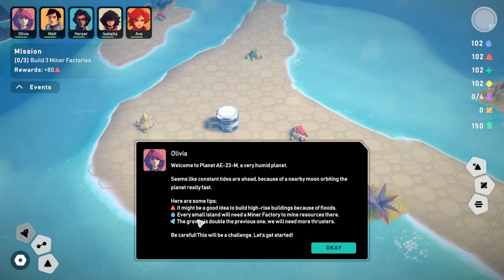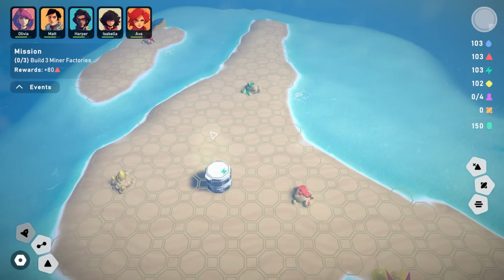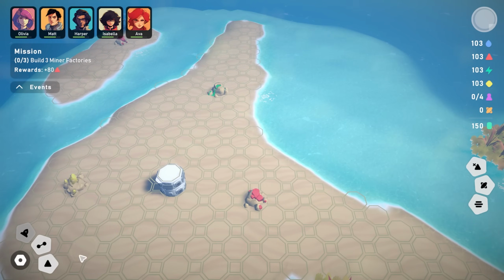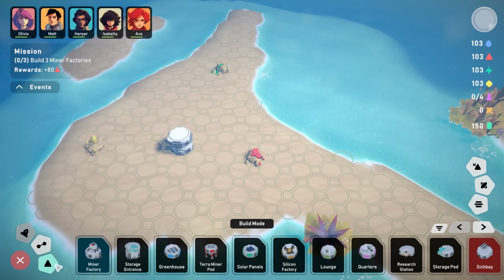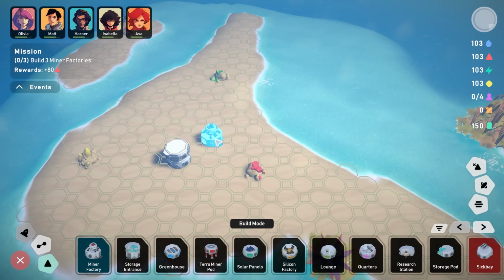Okay, high-rise buildings, every small island will need a miner factory to mine resources there, understood. So we can't ship the resources over the water. Alright, so we need to build 3 miner factories to get started. So we go ahead and we go into the building pods. We want to build a miner factory first and foremost. We're going to have to stick that...